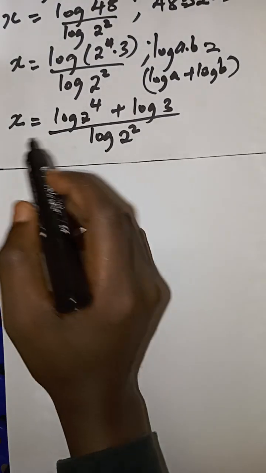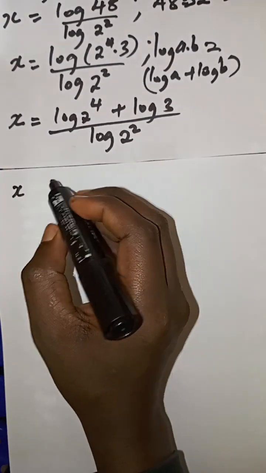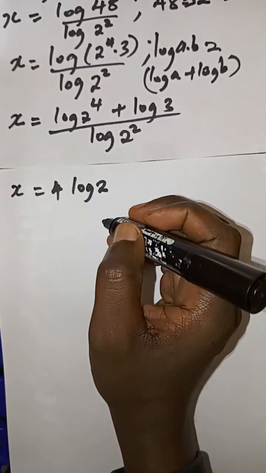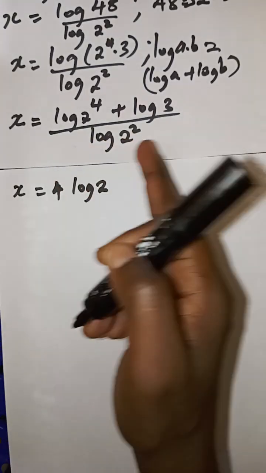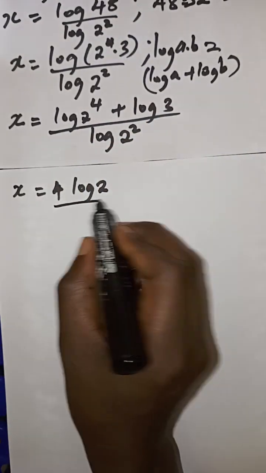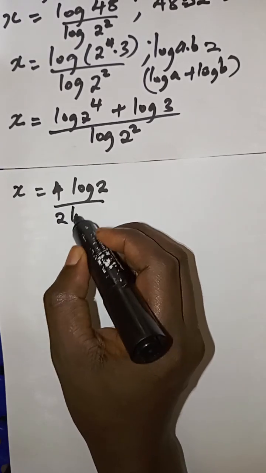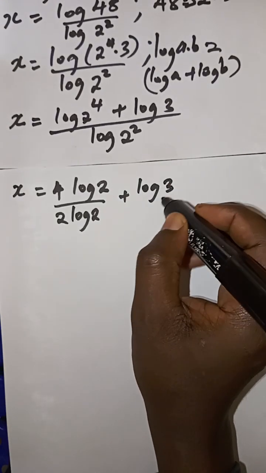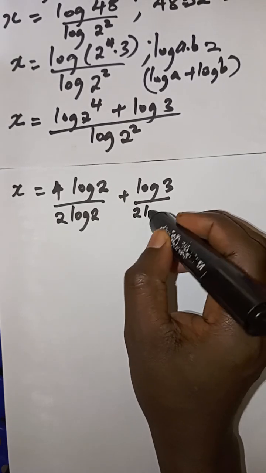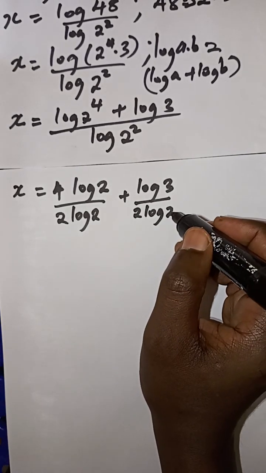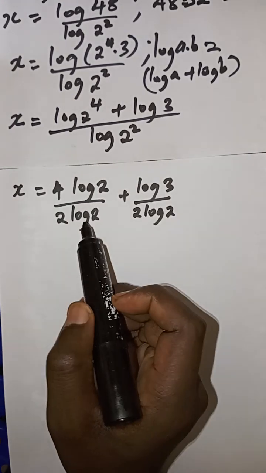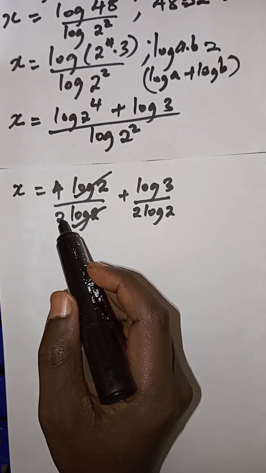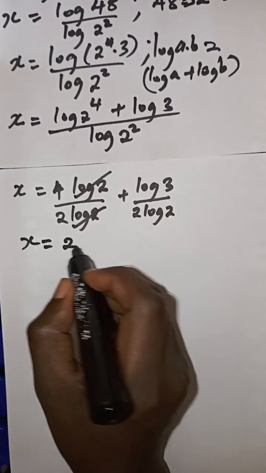Next step, this 4 can come down so that x becomes 4 times the log of 2. And then I'm going to separate under a single denominator as 2 times the log of 2, plus the log of 3, then divide by 2 times the log of 2. So it is easy to see that the log of 2 and the log of 2 is here. It's going to cancel. And then, of course, 4 and 2 gives me 2 when you divide,